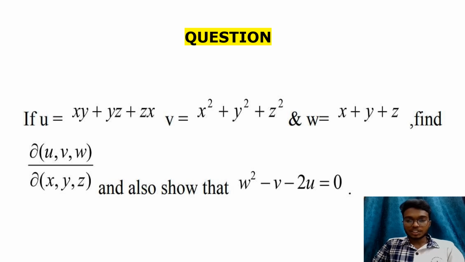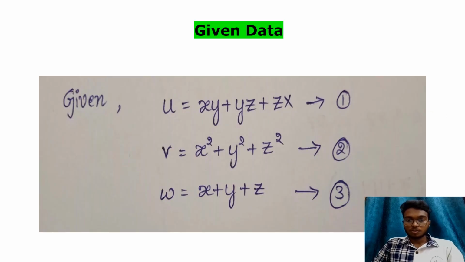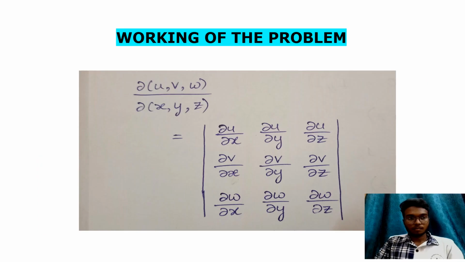They have given three equations of u, v and finally w, and they have asked us to find this ∂(u,v,w) with respect to ∂(x,y,z), and they're also asking to prove that w square minus v minus 2u equals 0. So the given data is the three equations, and let us mark these three equations as equations 1, 2, 3 respectively. So moving on to the working of the problem,